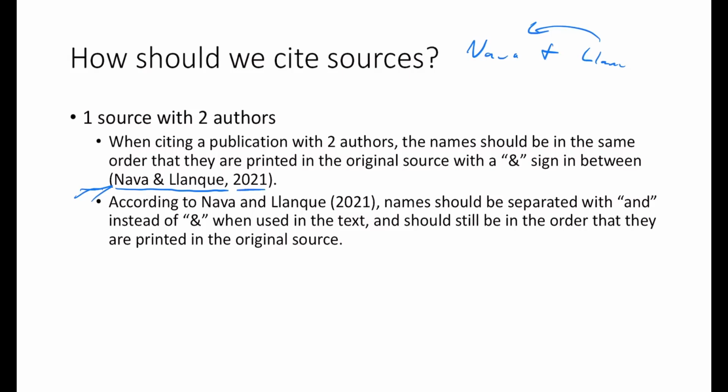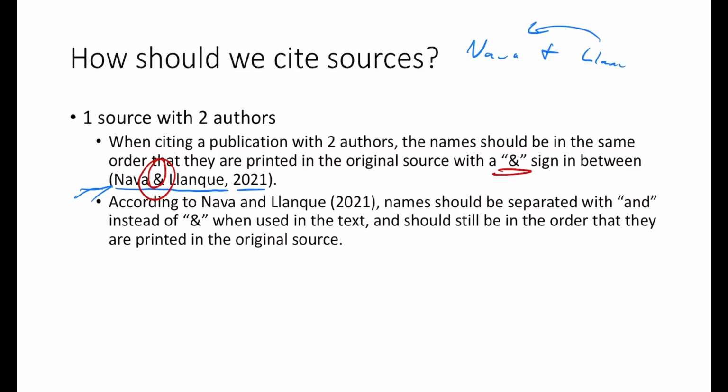And then you're going to do the year of the publication. Key point here, when you're doing multiple authors in the text like this, use an and sign. Don't write the word and when you're doing it in parentheses like that, because we're just trying, like I said, to keep things as short as possible so that we don't distract the reader from the point that we're trying to make. We don't want them to spend all of their energy trying to read our citations and not be able to get our message across.